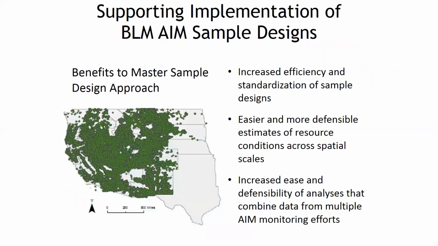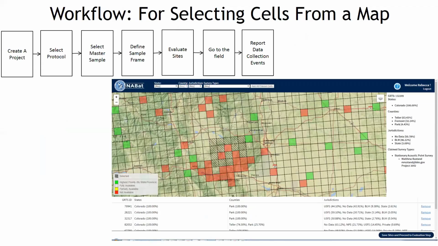The other workflow we have, and like I said, BLM right now, and Scott maybe we talked about this a little bit, is using this tool. We went through some learning together, but I think we're coming to a better place. The idea behind them using Modern Resources is to increase efficiency, have good documentation, and make it more easily available to multiple different people in multiple different places to answer different questions. So the same master sample, but maybe they have a different question, so they want to choose different strata or something along those lines. So then the second workflow is